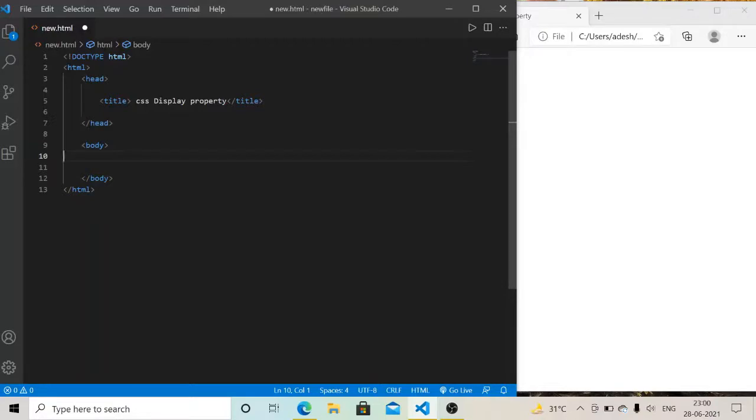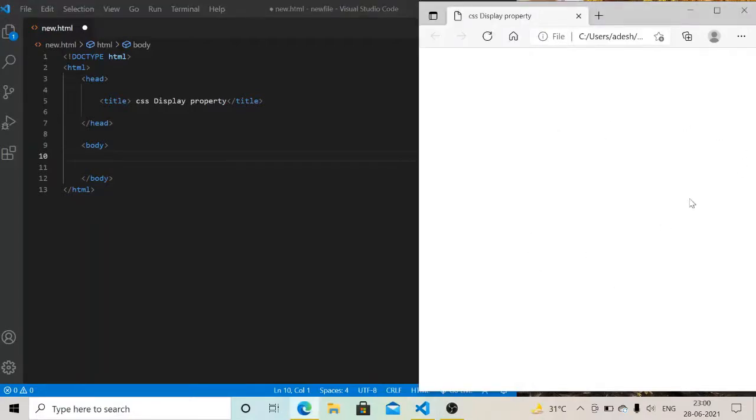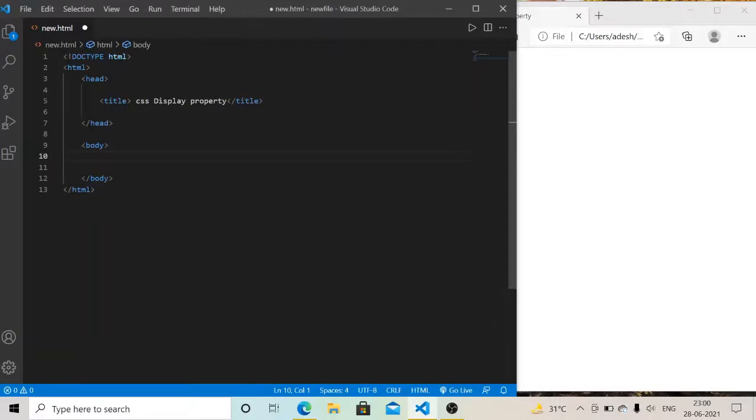So let's start today's topic, that is the CSS display property. As you can see, this is my Visual Studio Code, and here is the HTML page with my title, CSS display property. For applying the display property we have to create an element here. So I just create an element. My first heading is: this is my CSS